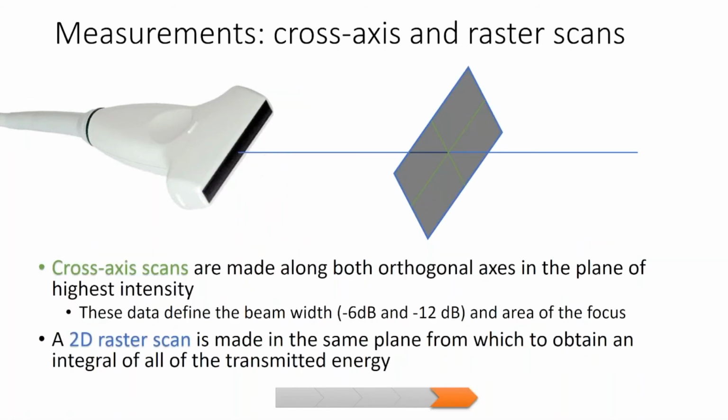After we've acquired this near field raster, we then go out to the depth where we had the highest peak pulse intensity integral. In this case right here, we perform cross-axis scans, which are shown in these green lines here, as well as a 2D raster scan, which is shown here. The cross-axis scan gives us beam widths at the -6 dB and -12 dB levels, and the 2D raster scan we use to calculate the total energy per pulse, which is the power parameter, which is used in the thermal